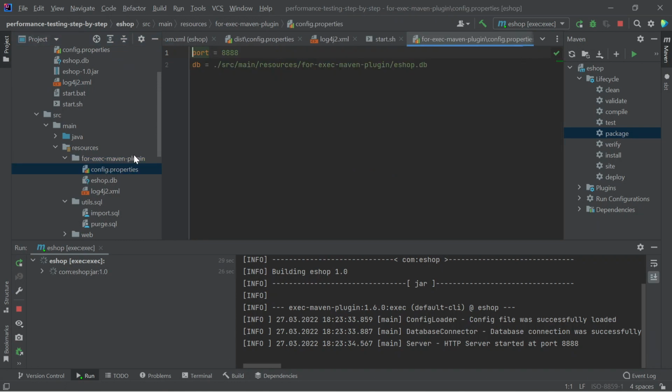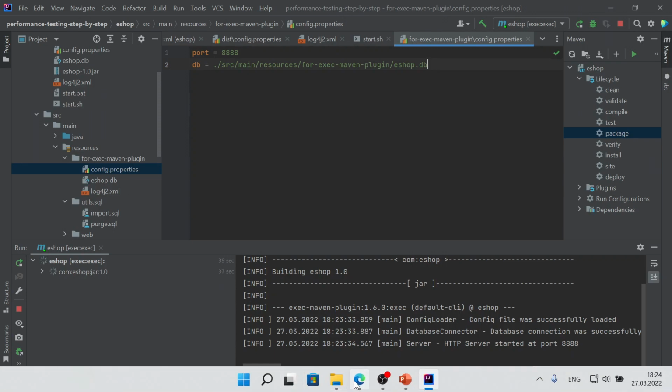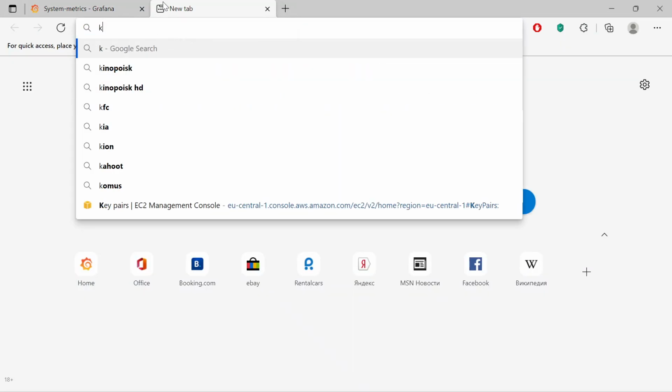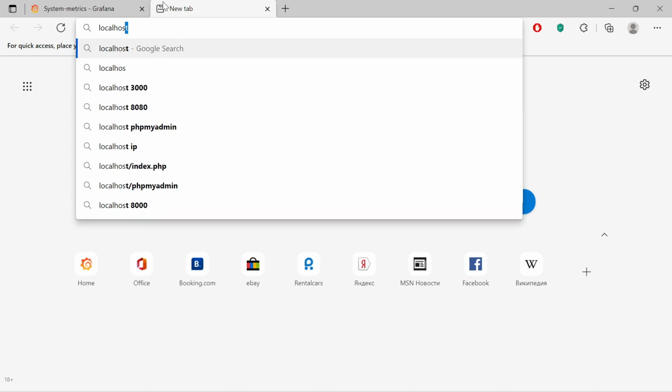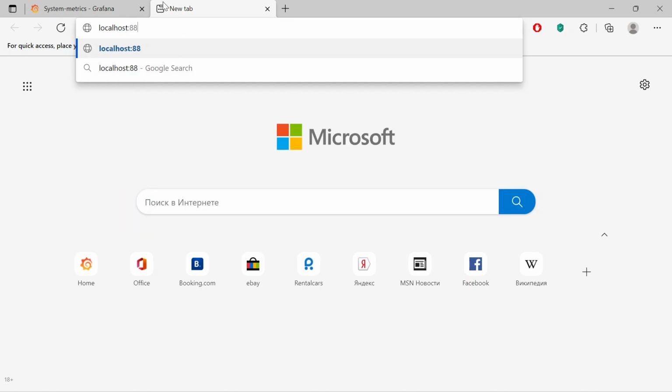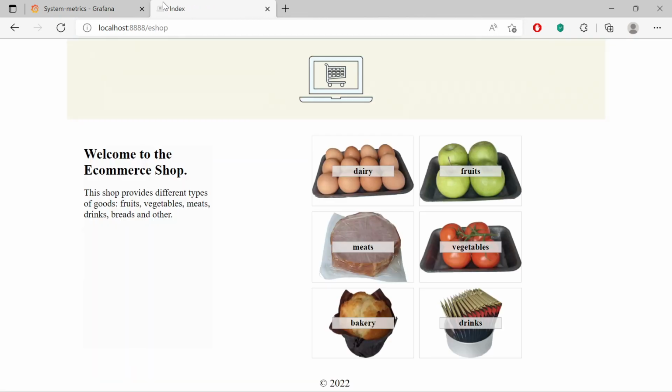To do this, open the corresponding configuration file. This port and this database will be used. So in the browser, go to the localhost 8888 and add the eShop. And we are greeted by the front part of the online store with a welcome message.